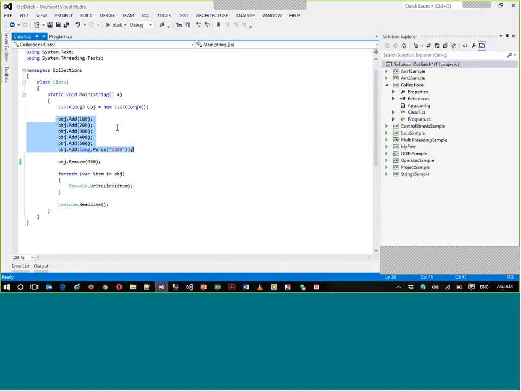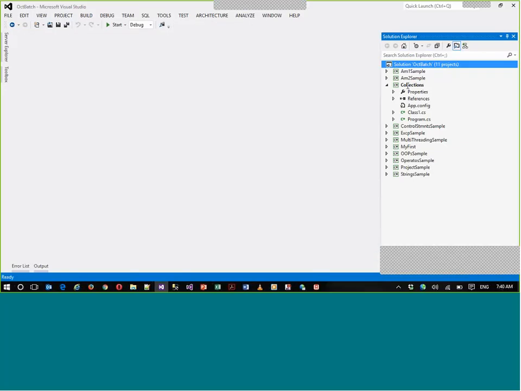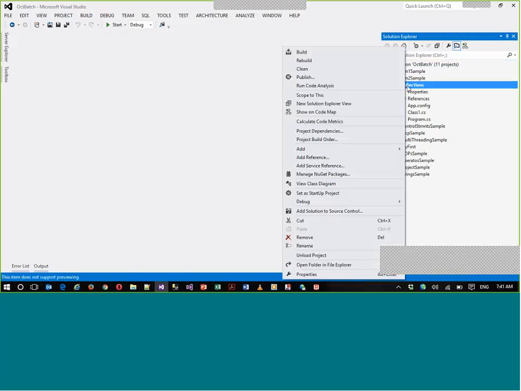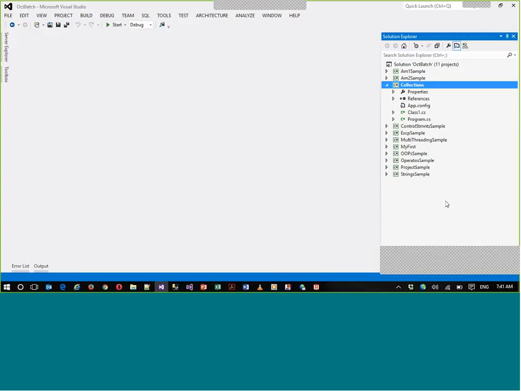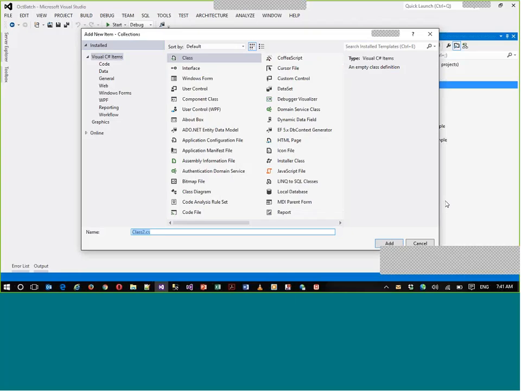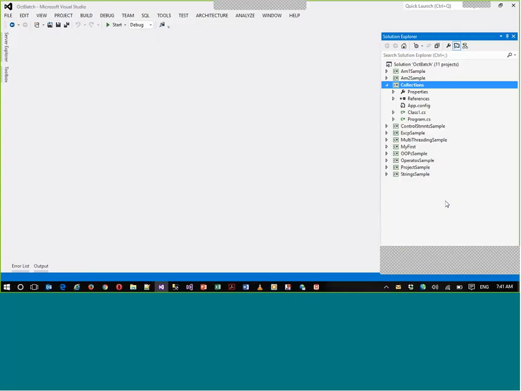Fine, so let's go back here. Let me create a new class. Right click on this and say add class. Let me call it stack sample.